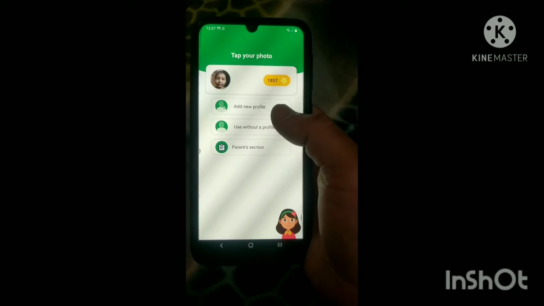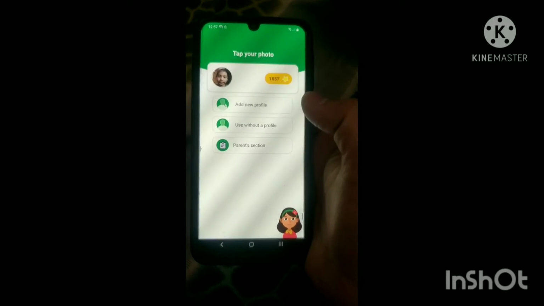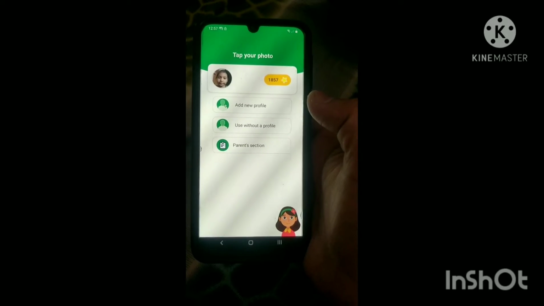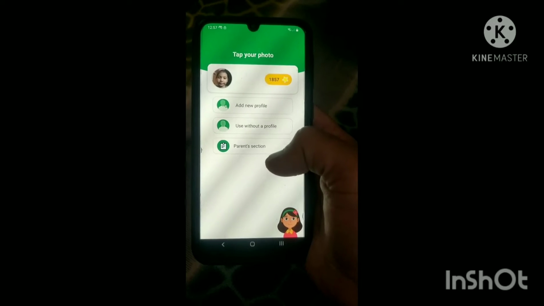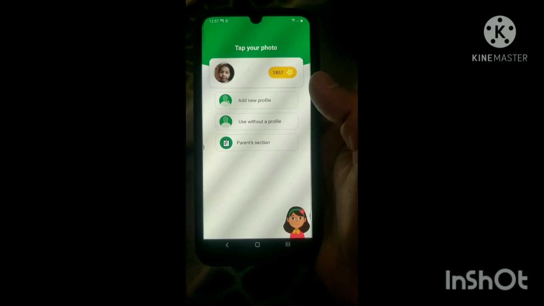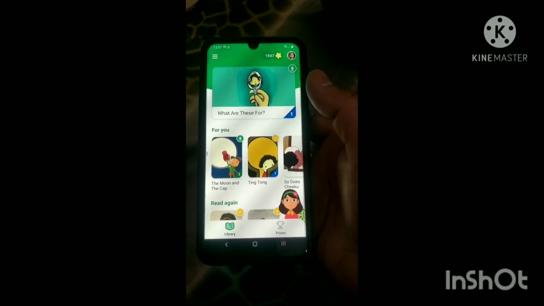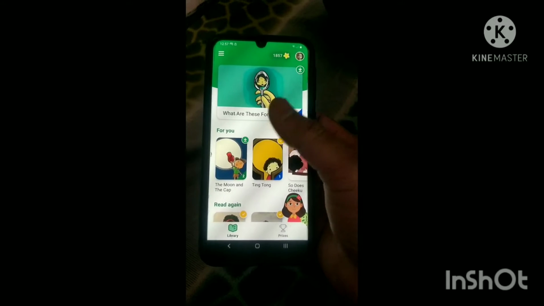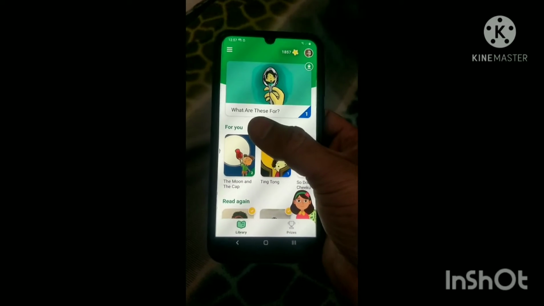You can create a number of profiles like this if you have multiple children, and you can create a profile for each kid so that you can keep track of how they are progressing. So I'll click on this Library, and let me take you through this and show how this app works.